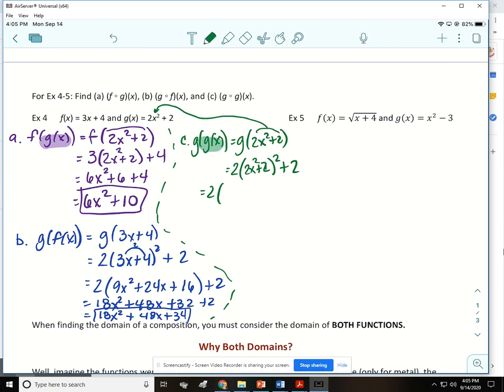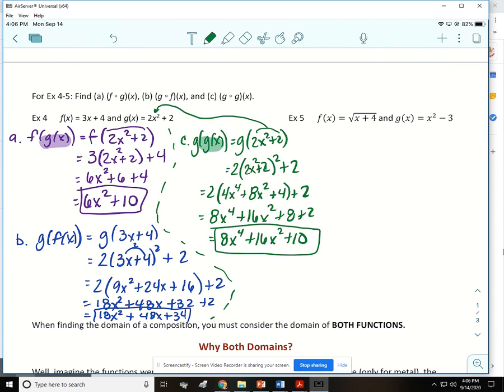All right, squaring 2x squared plus 2, you're going to square 2x squared, multiply them together and multiply by 2, and square 2. All right, and multiply by the 2, distribute it, and then add your like terms and you're done. That's a composition. You put a function inside of another function. Okay,